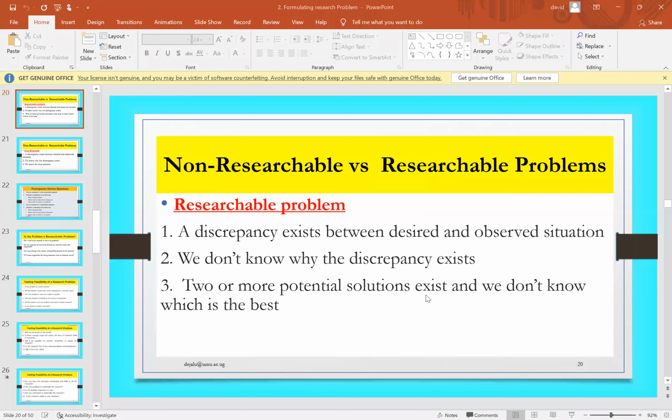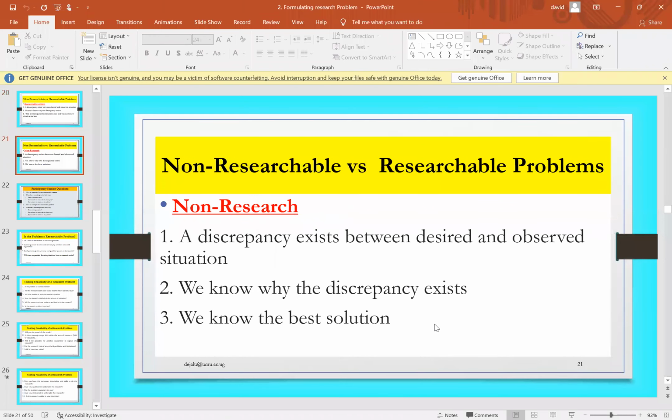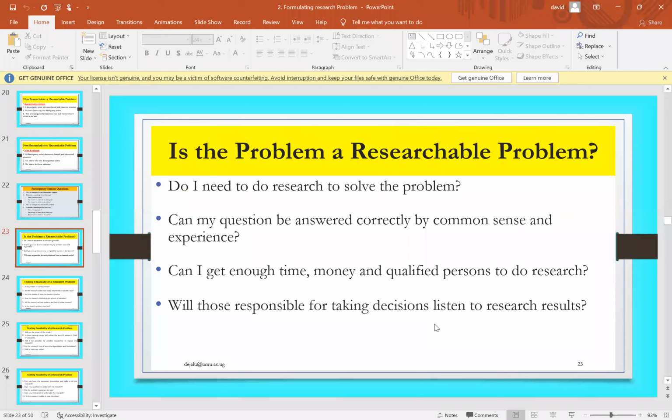So I can say that challenges are smaller problems that can be managed by common sense. They are smaller problems that can be corrected by common sense, by experience, by expertise. Something has happened in a hospital, and then you call the in-charge, please, we have something here, could you come and help us? Then it comes to solve. That is just a challenge.